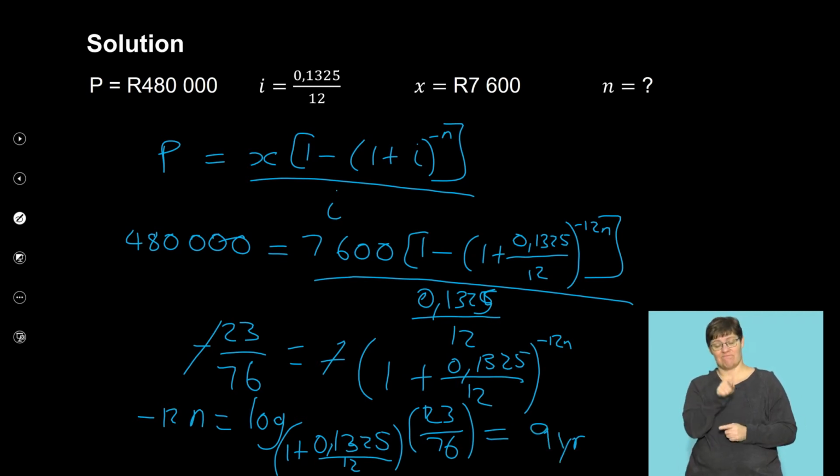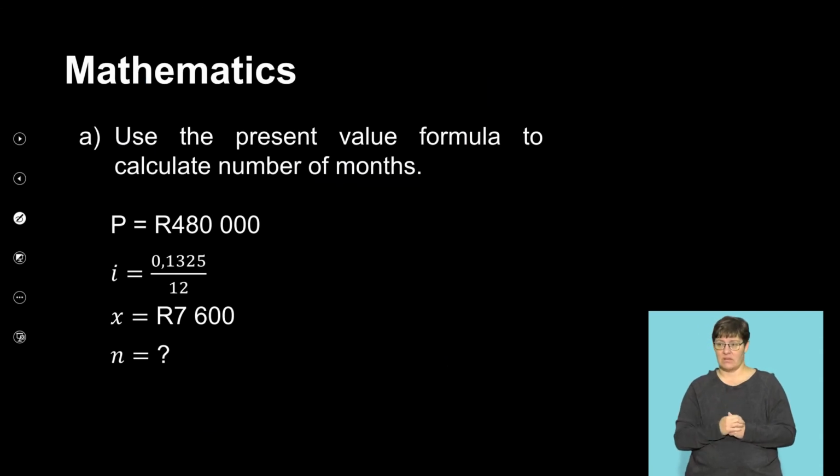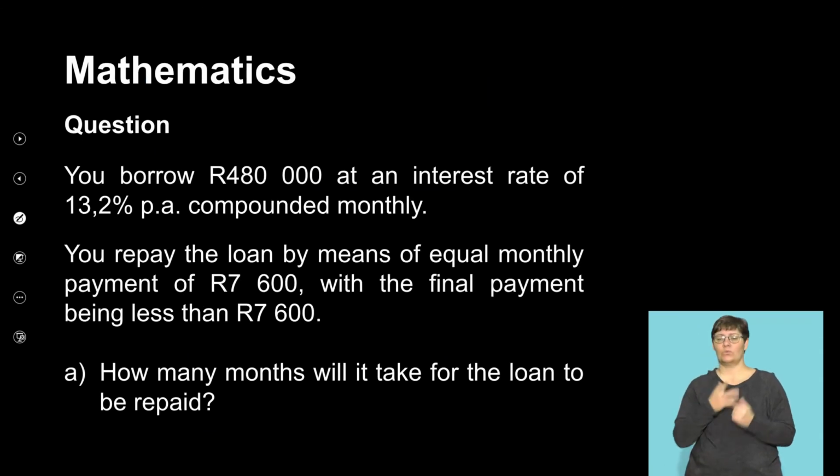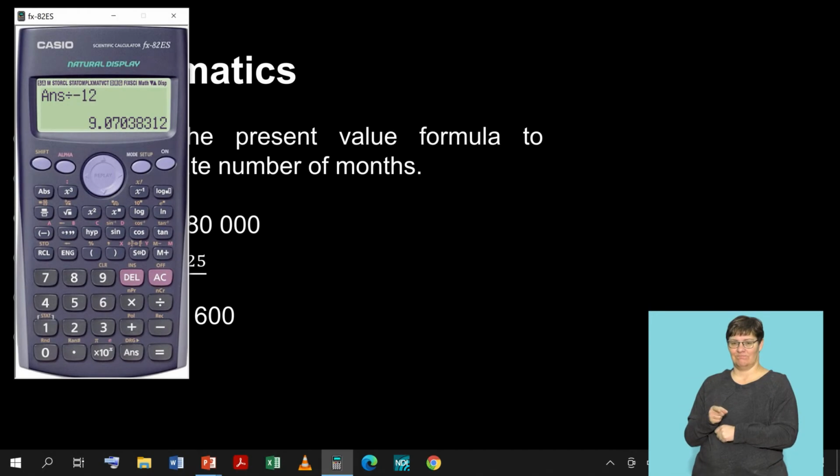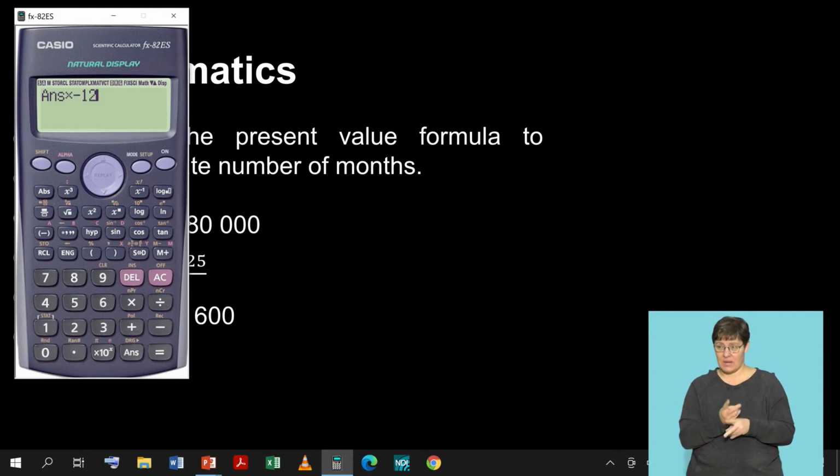And that's how you will then need to do this. But you will first quickly need to look at what they wanted us to do. This, how many months? So actually we did not really need to divide this by 12, right? So let me multiply this by negative 12 to take it back. I just need to divide it by a negative 1 in order to make it a positive. So this is 108 months that the person is actually going to pay back this particular loan that they have